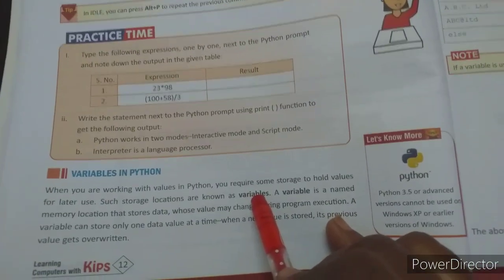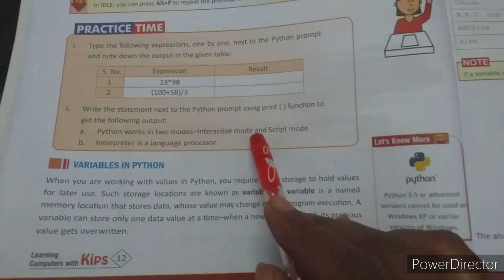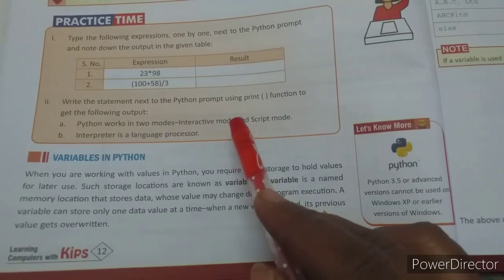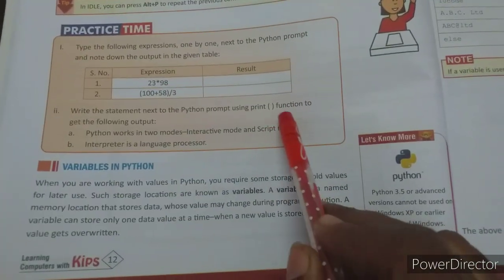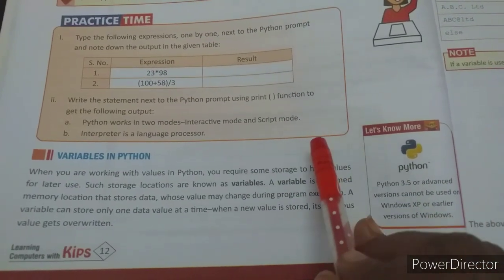If you want to print your age, first of all, your age should be stored in the computer. That means you have to enter your age. That age means you will give any name, say age. So that age acts as a variable here. That variable will be displayed as your output.